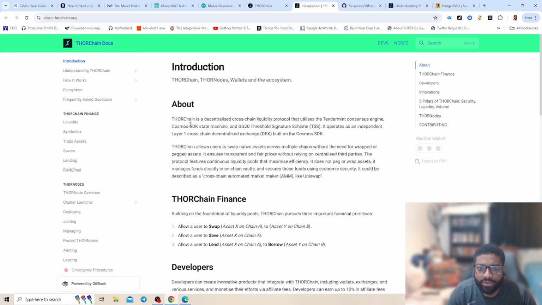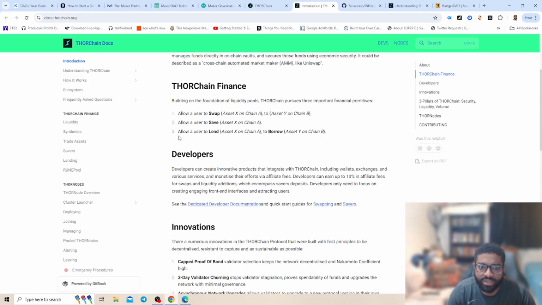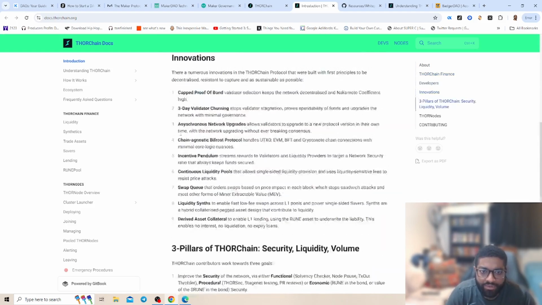So about Thorchain: Thorchain is a decentralized cross-chain liquidity protocol that utilizes the Tendermint consensus engine, the Cosmos SDK state machine, and the GG20 threshold signature scheme. It operates as an independent layer 1 cross-chain decentralized exchange built on Cosmos. Thorchain allows users to swap across multiple chains without the need for wrapped or pegged assets, and ensures transparent and fair prices without relying on centralized third parties. So you'll be able to have innovations,